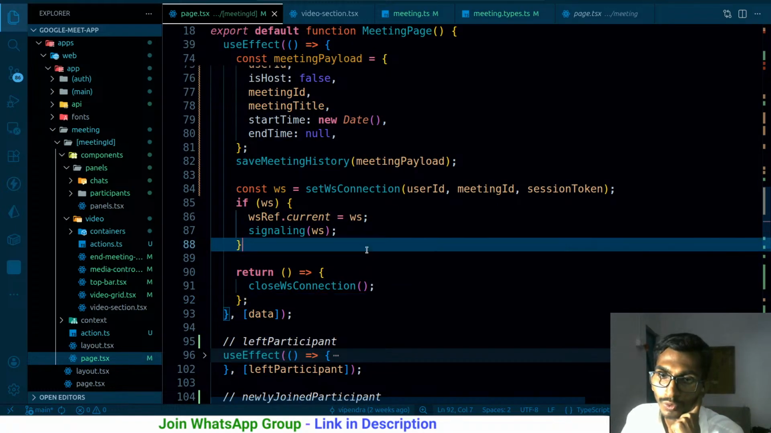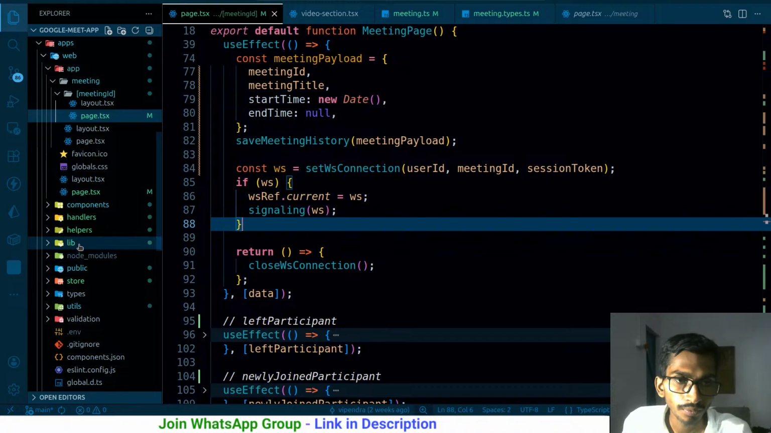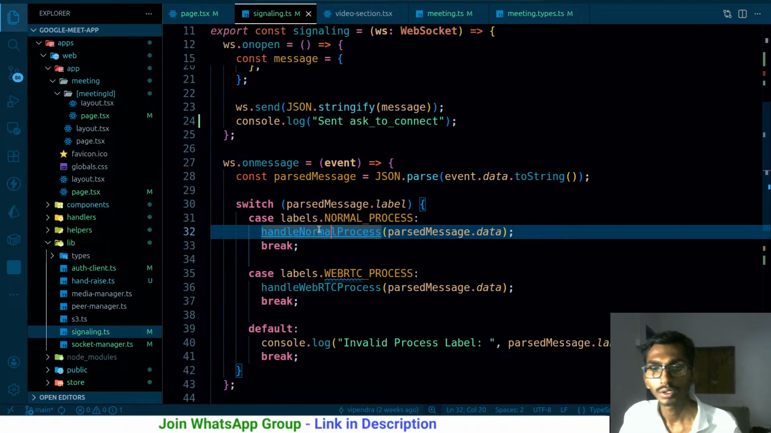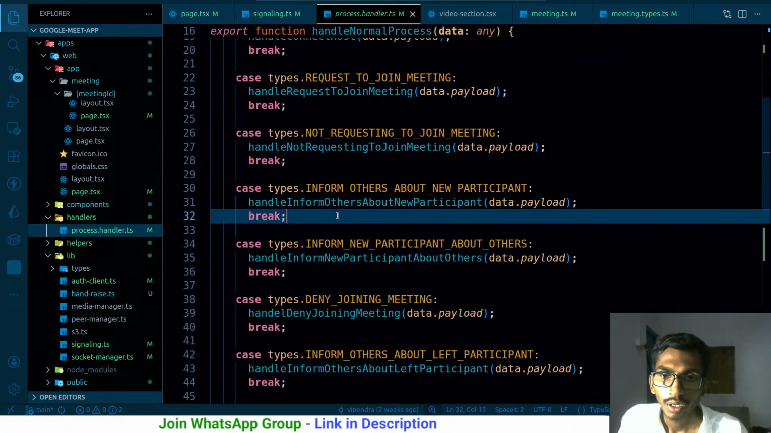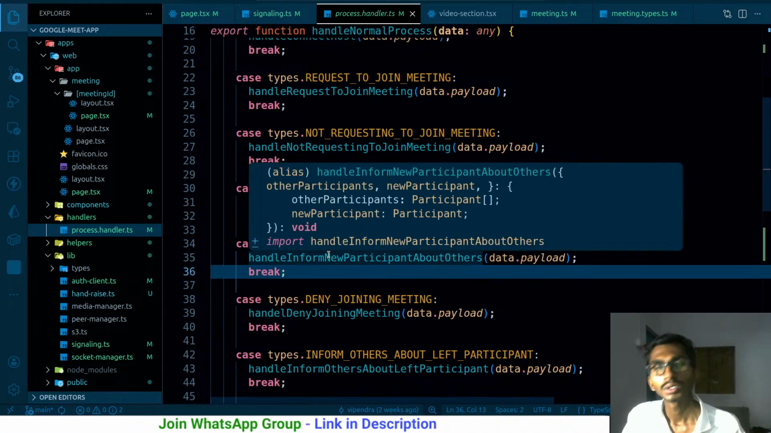WebSocket connection closed, so WebSocket connection gets connected again. Overall everything happens, and that simply means others are getting notified, that person itself is getting notified. When that person is getting notified the second time, that is where the problem occurs. So ultimately leave signaling.ts, handle normal process, and inform the new participant about others. Is this gonna be a new participant when the page reloads? Sort of. Okay,